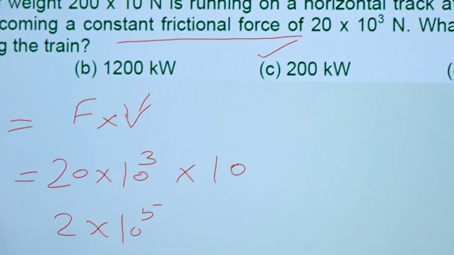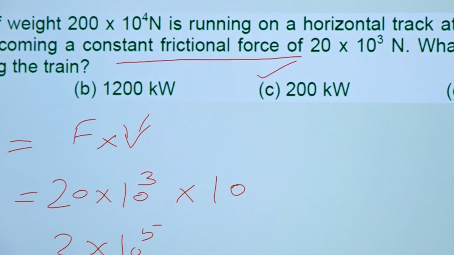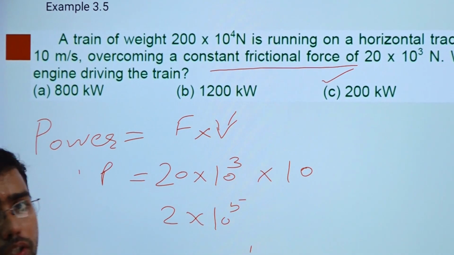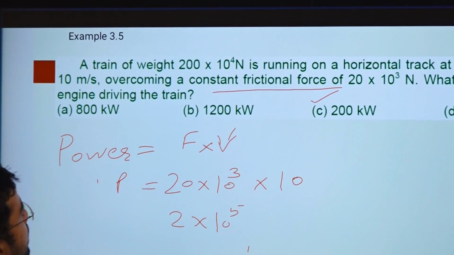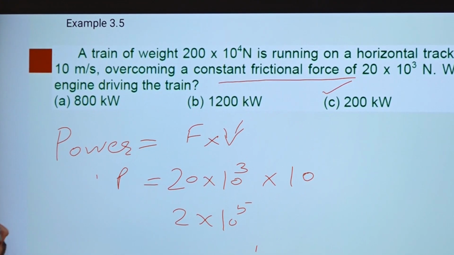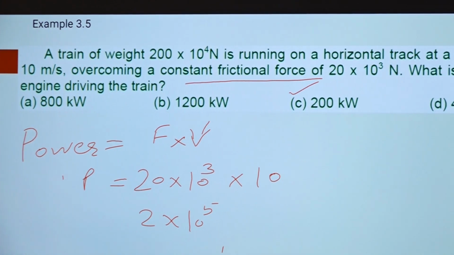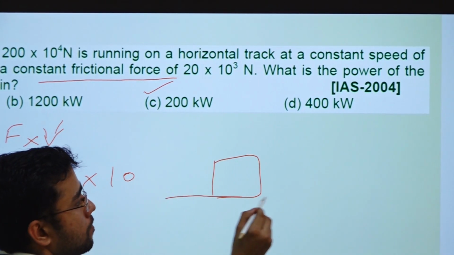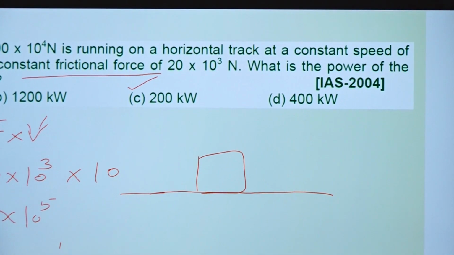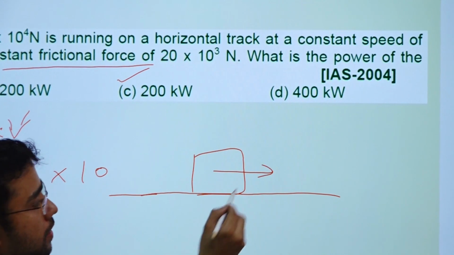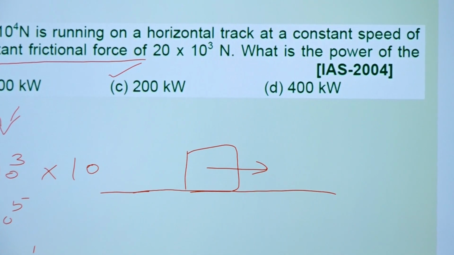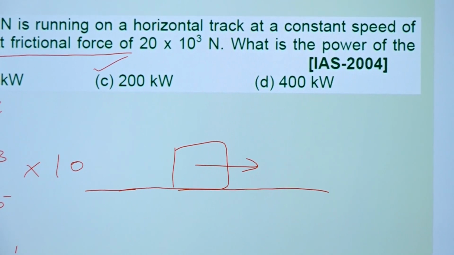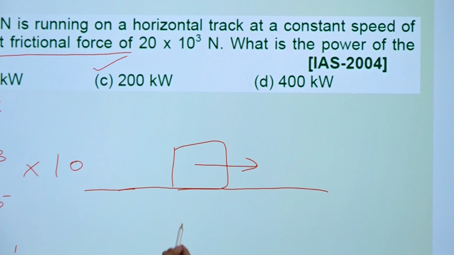That is the answer. So sometimes even in IAS they are asking very easy questions, but anyway you should be knowing constant frictional force. That is going to give the answer, right? So the basic concept behind this problem is that the train is always moving, right? Newton's first law tells us that if a body is in moving condition, then it should not stop if there is no external effect. Okay, so what may be the external effect? Air drag or friction force, right?